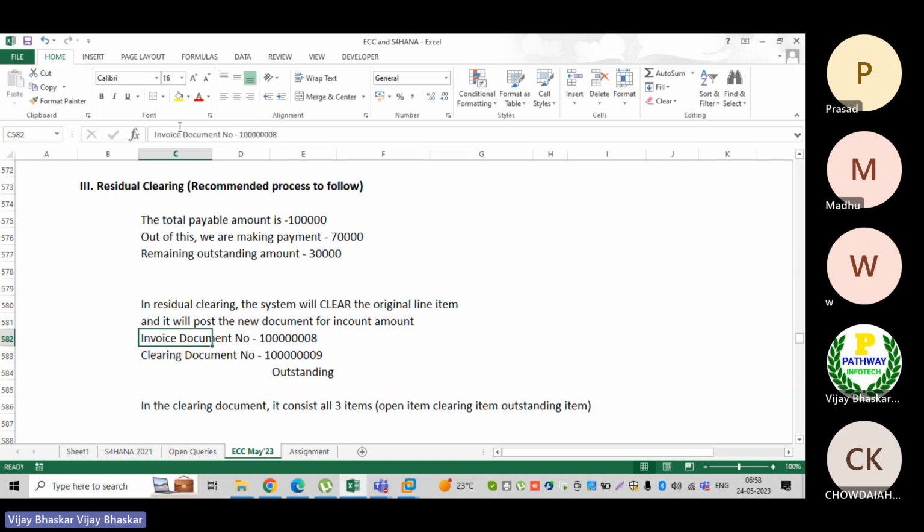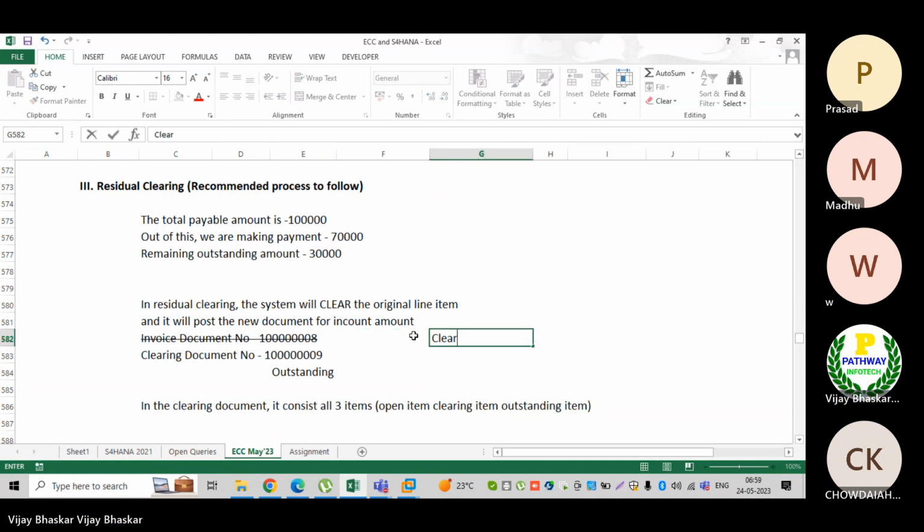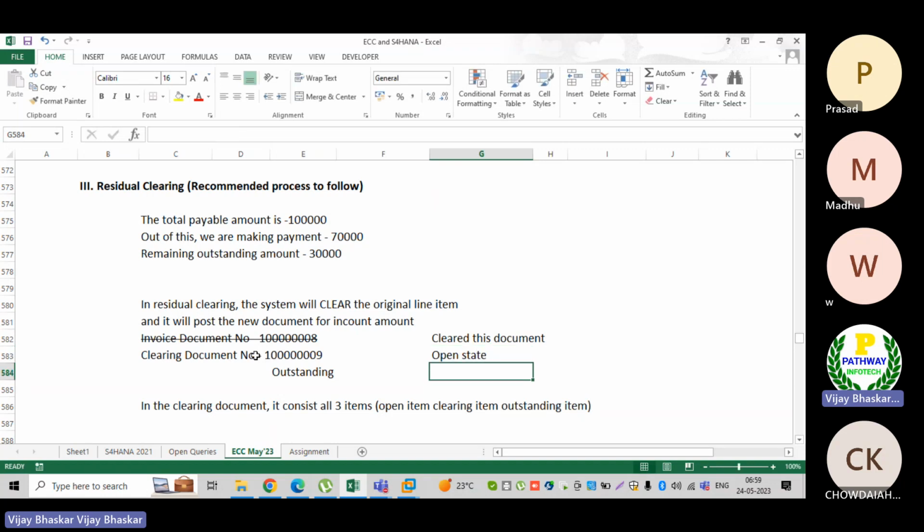So there will not be any on account posting. Then only the new document will be in open state.